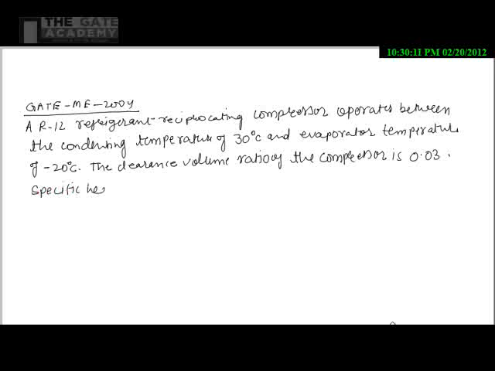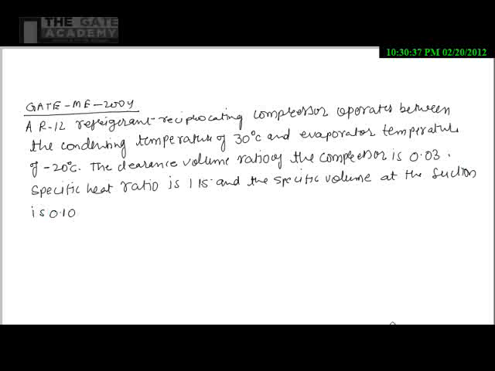Specific heat ratio is 1.15, and the specific volume at the suction is 0.1089 meter cube per kg. Other properties at various states